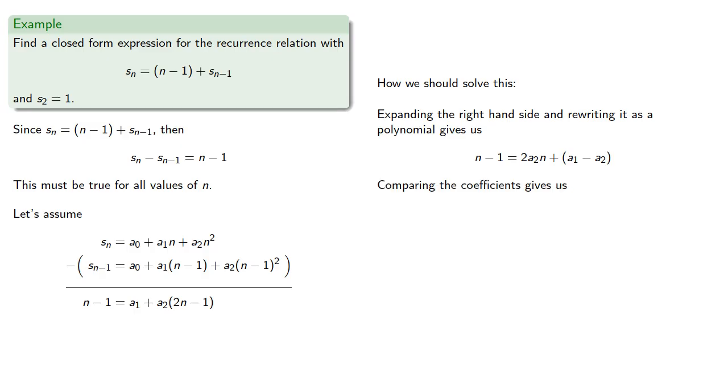So comparing the coefficients, our linear coefficient on the left is 1, and on the right it's 2a2. Our constant on the left is minus 1, and on the right it's a1 minus a2. And so solving we get